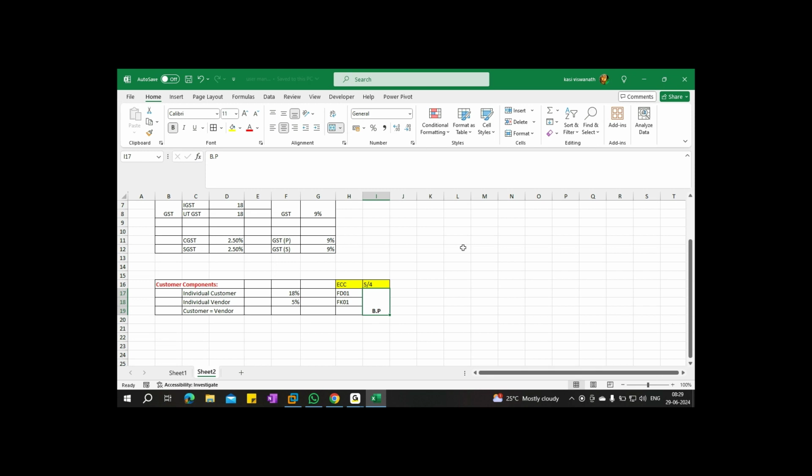Right. Now, let me check the component. First, we create customer and vendor in ECC. Then we create customer and vendor in BP, HANA. Here I choose the common one. Guys, we have multiple batches. I choose the company code F401.